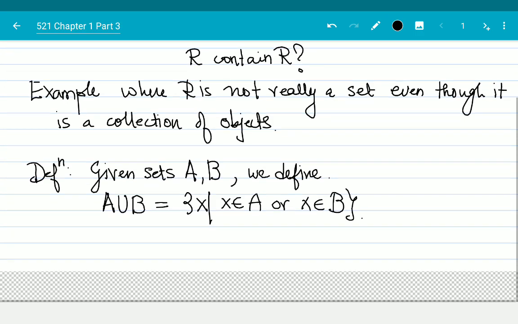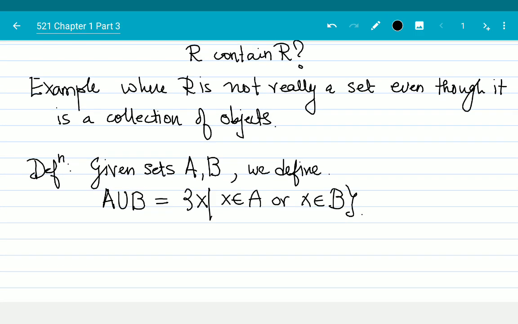Now the OR does not rule out that it could be in both. This is the mathematical OR, not the English OR. English OR says, if X is in A or X is in B, then X cannot be in both. Mathematical OR says, if X is in A or X is in B, it is allowed to be in both. It should be in at least one of the two. We define A union B to be this,